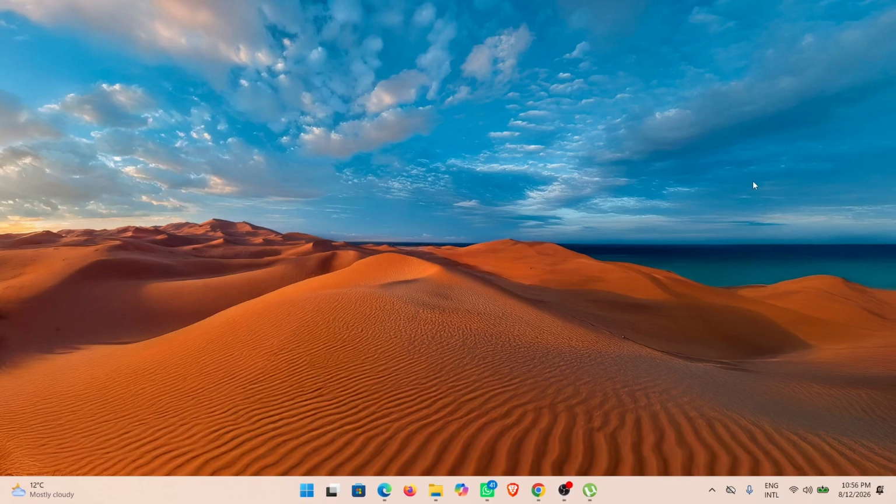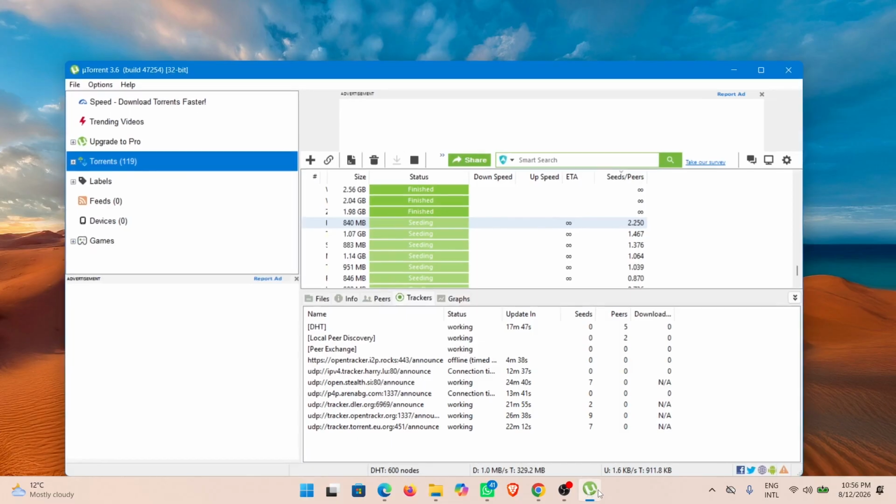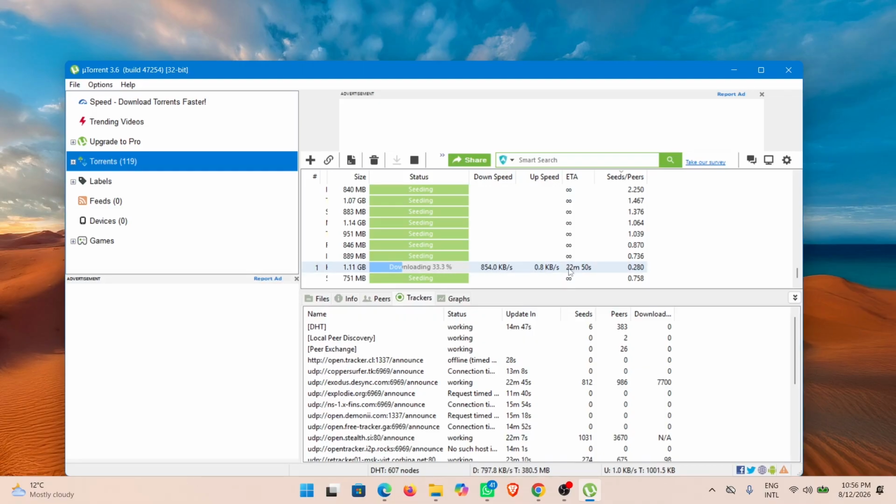Hello, in this video, I'm going to show you how to find uTorrent files with more seeds. First, open your uTorrent and navigate to your downloading torrent, like this one for example. You have